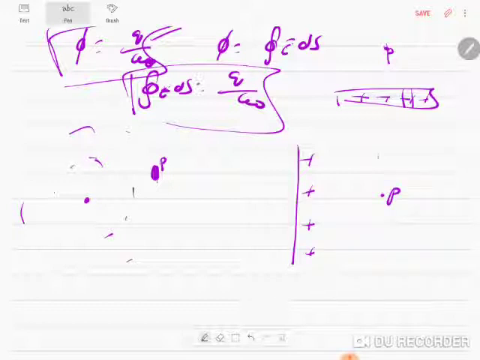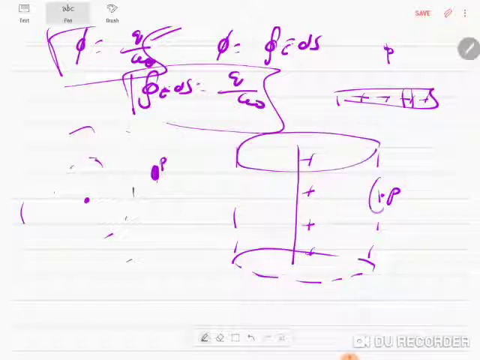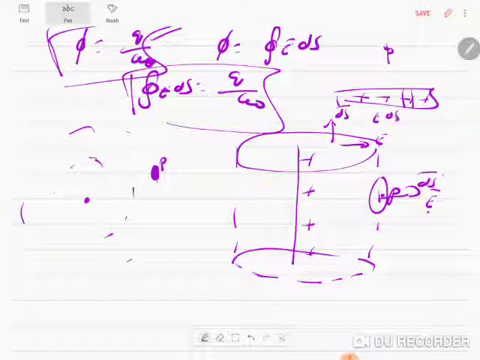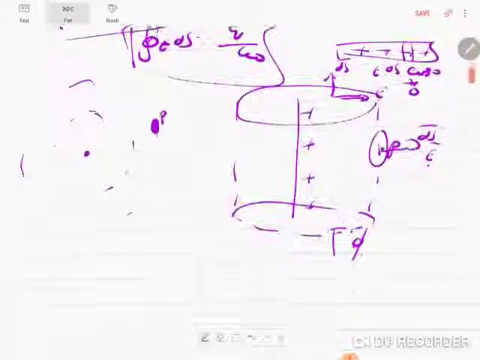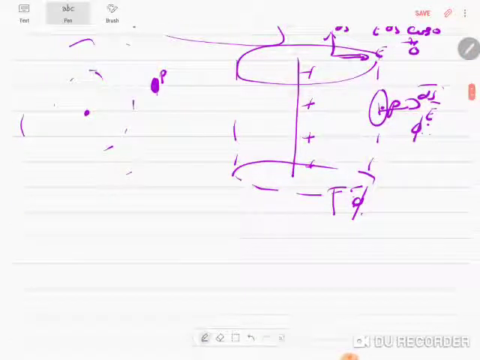If you have a point P, you can consider an imaginary cylindrical Gaussian surface. And so then the ds vector will be like this and the electric field will be like this. But if you look at the top, the electric field will be in this direction and the ds vector is in this direction. So E ds cos 90, I know. So hence there is no electric field on the top or at the bottom. There is no flux at the top or the bottom. The flux will be there only on the side.